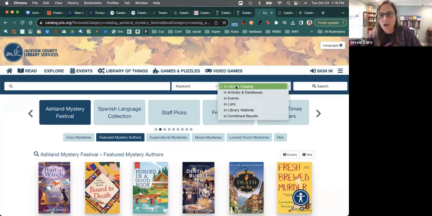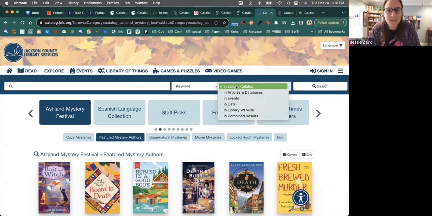One of the features we want to talk about is just how easy it is to search within Aspen Discovery. There's many ways that you can bring integrations in. We saw the typical library catalog when we've performed searches. You can bring in articles and databases, whether you use EBSCOhost or EDS. You can tie in information with your events with SpringShare or Communico or Library Market. You can have your lists be discoverable. You can have archives information, your website, and even make it easier for your users to find exactly what